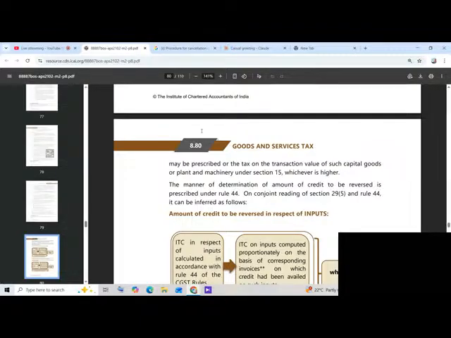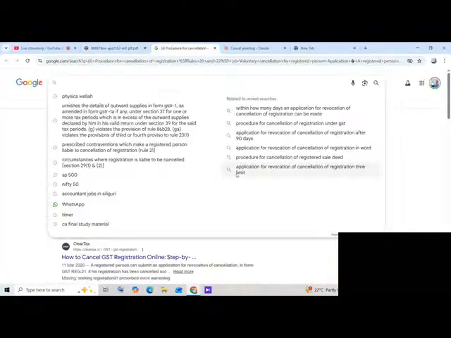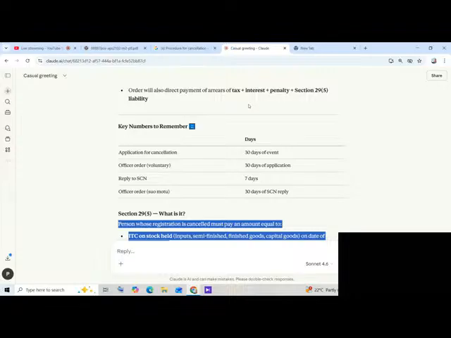Fine. So if you sought cancellation from 16th of April, then whatever inputs you have in semi-finished goods, finished goods, held in stock, capital goods, you will submit the details of that along with the application of cancellation of registration, and liability thereon, details of the payment. So you will also furnish the liability thereon and all the details of payment, if any made against such liability, and may furnish relevant documents thereof.